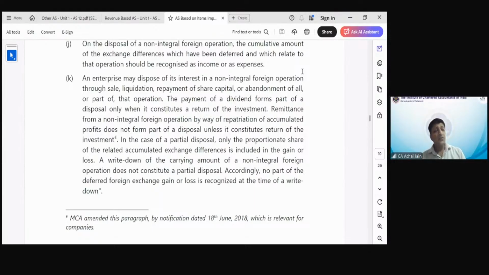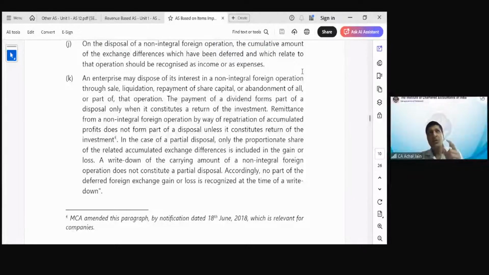If there is any sort of payment, let's suppose there's a subsidiary, you look at whether that subsidiary has paid any dividend or not. So that is the thing you'll look at. If the subsidiary has already declared a dividend, it should form part of your disposal only. Okay, and that will be forming part of your return on investment, because when you are selling it off,